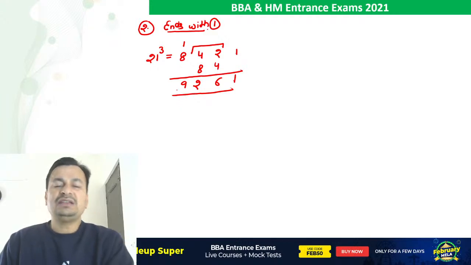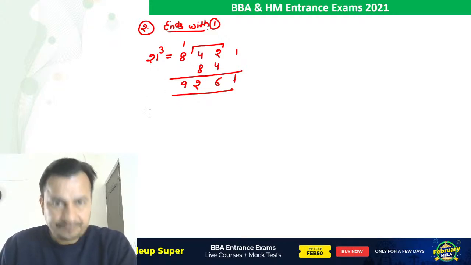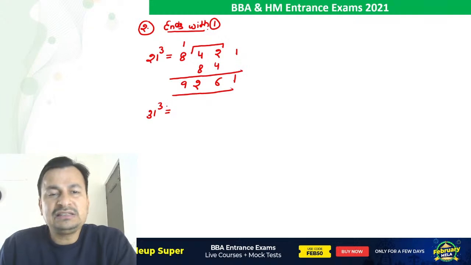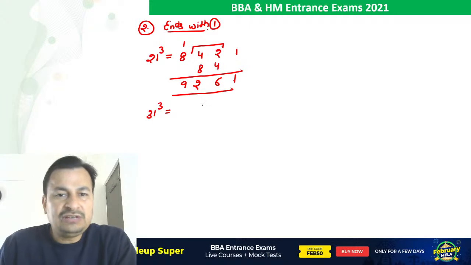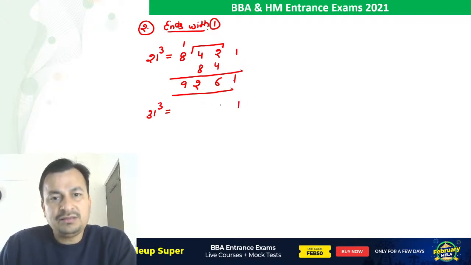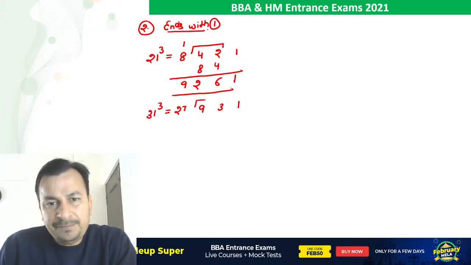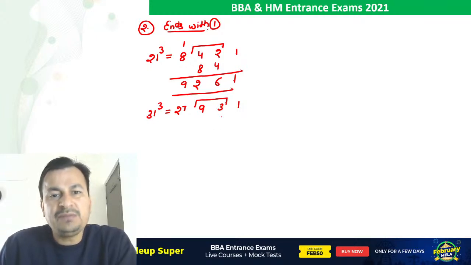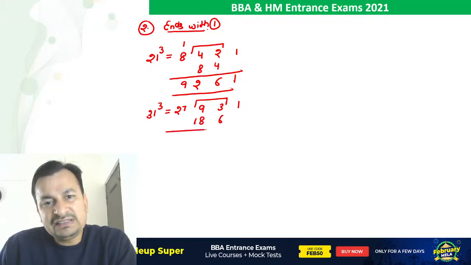Cube of 21 is 9261. Again, second number. Say, if I want to calculate the cube of 31, we will apply the same process in reverse manner. From right to left, first we will write 1, then 3, then square of 3, that is 9, then cube of 3, that is 27, and then we will multiply by 2 these two middle values. So 3 multiplied by 2 is 6, 9 multiplied by 2 is 18, and then we will simply add these